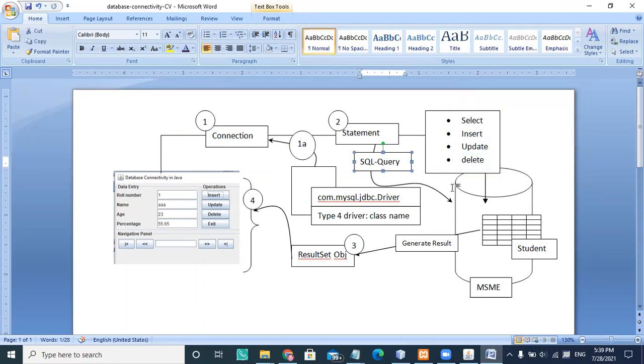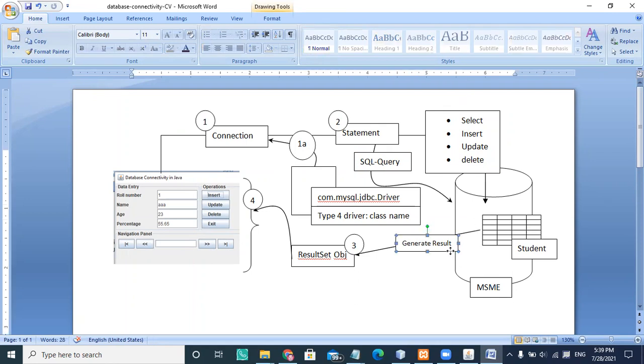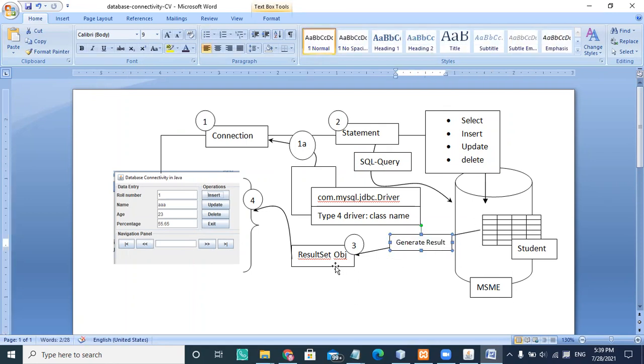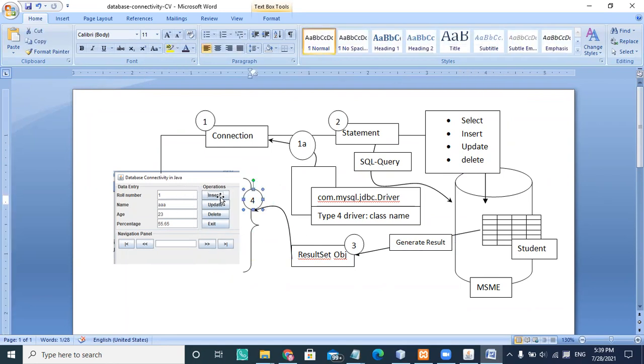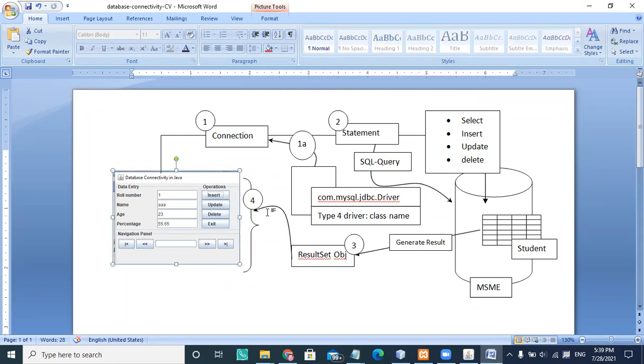Once I fire a query, it generates the output as a result set, and that result set object takes care of the entire query. Then we can bind this result set object to the user interface. But in insert, update, delete, we are not binding any result set to the user interface. We are only checking the SQL query and its execution.